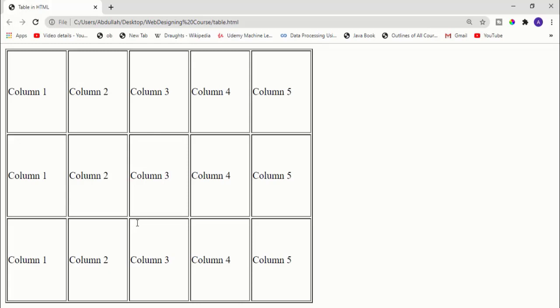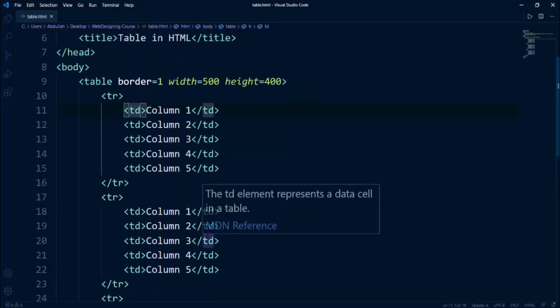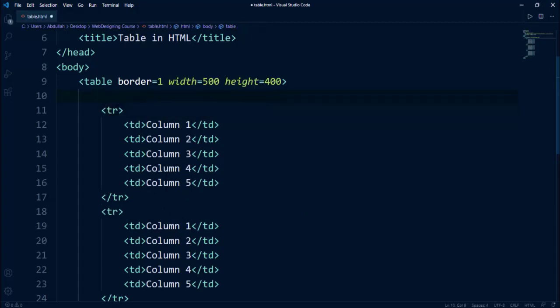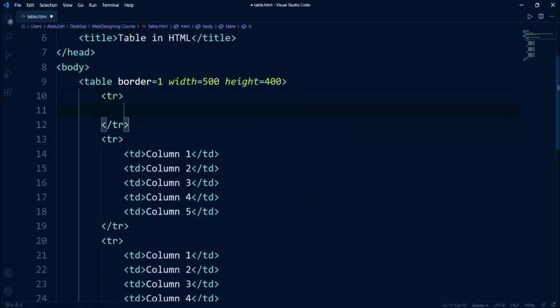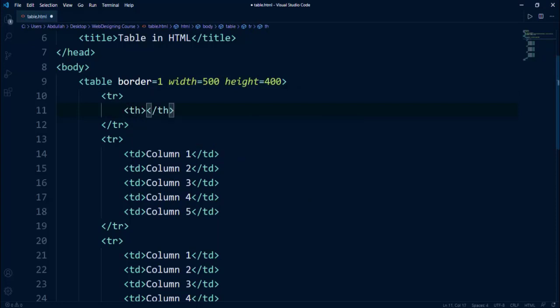Now let's talk about another tag, which is known as table header. So let's create a table header at the top of these 2 rows. Okay, so now what I will do, I will create a tr first, because inside the tr we can create any cell or any column, but this time I will use the th tag, which stands for table header.